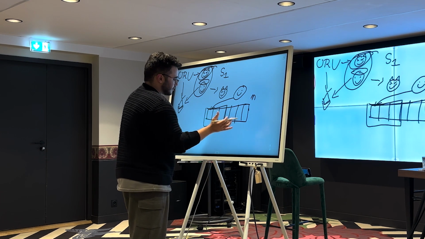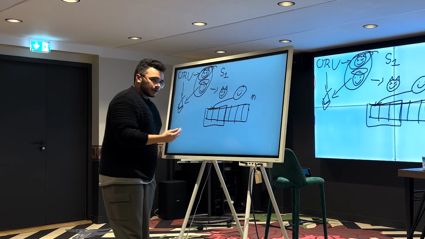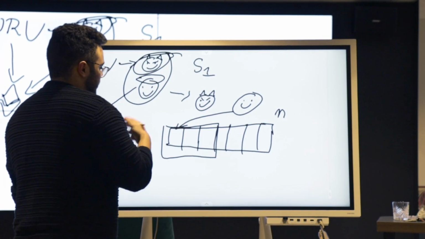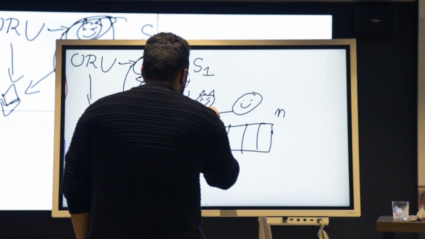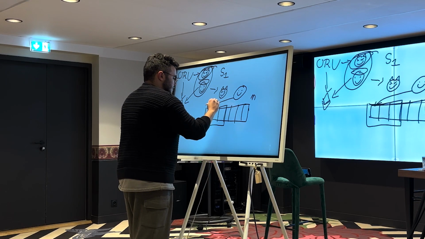I know this is not even, but whatever. And then the fraudster has to respond. If they don't respond, they get slashed. So they have to follow the protocol. They have to follow the game if they want to try to get away with it. So then they say, okay, between these 3 blocks, it's actually in this one,